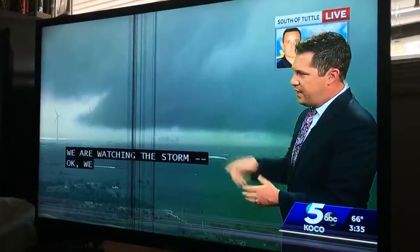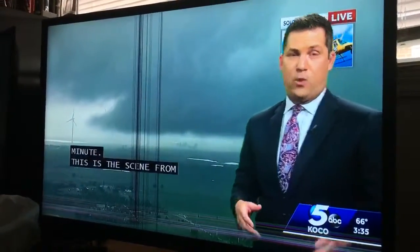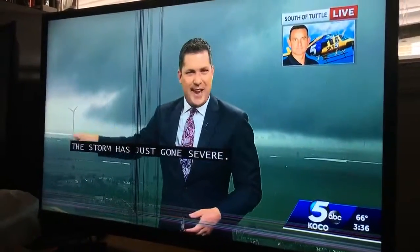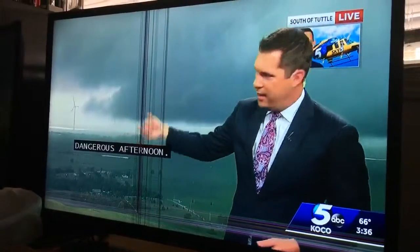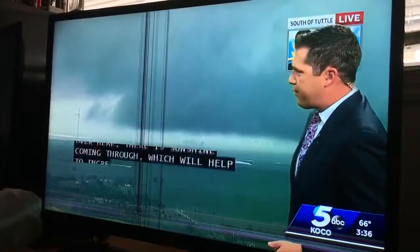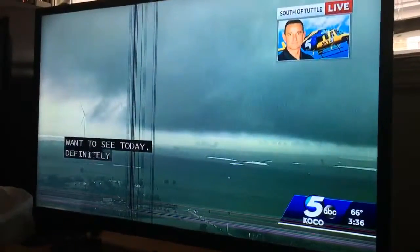and once again, this storm has just gone severe thunderstorm warning inside of a tornado watch. Definitely going to be a dangerous afternoon. And look over here. There's sunshine that is coming through, which is going to help increase that instability. That sunshine is not what we wanted to see today. Definitely today has the chance to become quite threatening as we go into the afternoon, which is why we're bringing you all this coverage right now. So